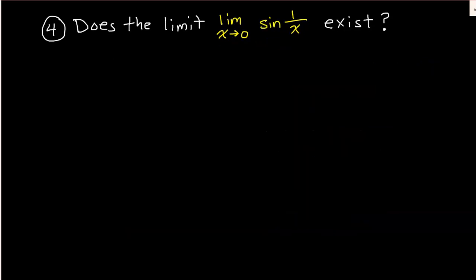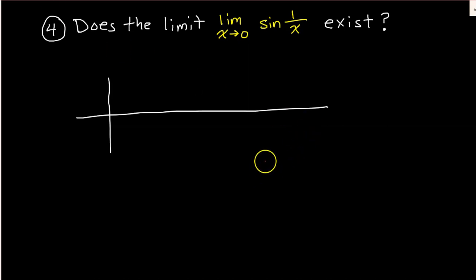All right, let's look at one last example. Does the limit of sine of 1 over x as x approaches 0 exist? Things get a little strange when we start dealing with the limits of trig functions. Of course, trig functions are periodic functions, and if we were talking about the basic graph of, let's say, f of x simply equal to the sine of x,